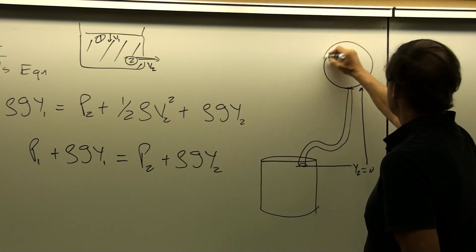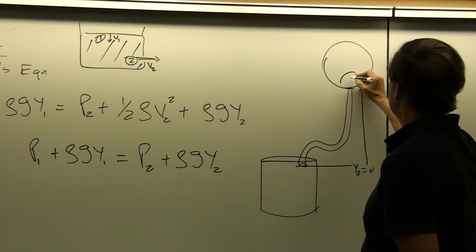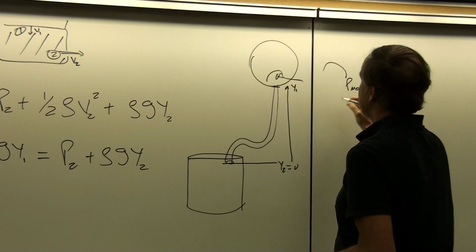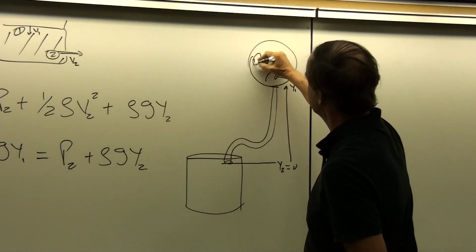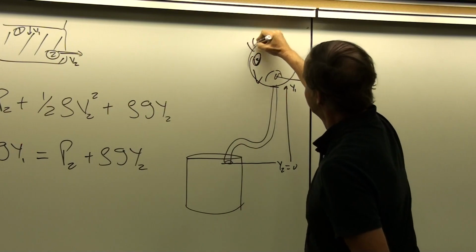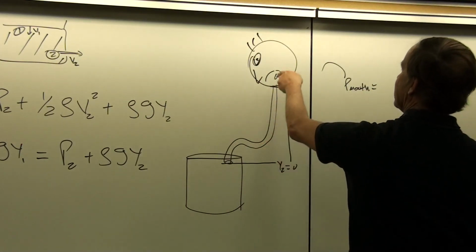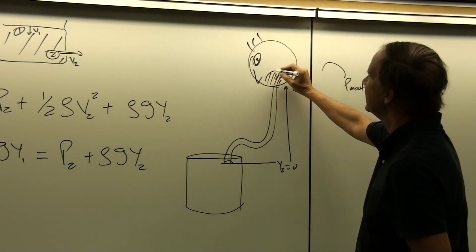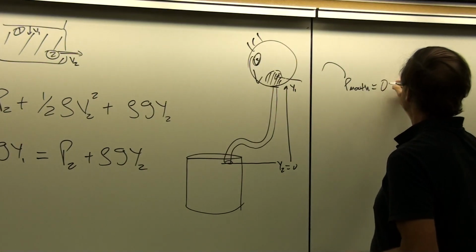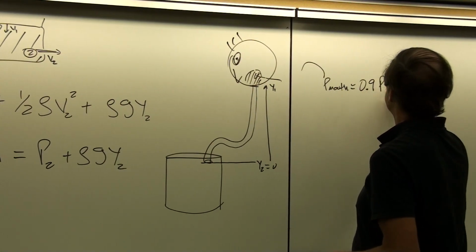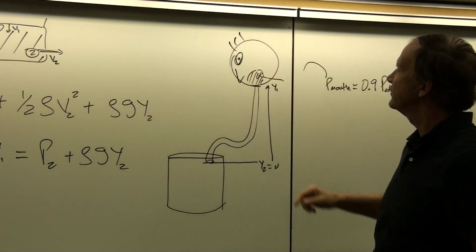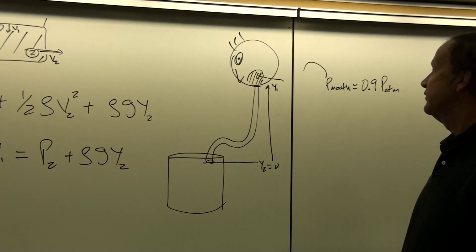And let's say that up here you have your mouth, and the pressure in the mouth in order to suck water out of the straw. So here you are getting ready to draw that water up out of the straw into your mouth. Pressure in the mouth that you evacuate a little bit is equal to, in this case, 0.9 times P atmosphere. So in other words, you're able to draw enough air out of your mouth so that the pressure in your mouth is 10% lower than the atmospheric pressure.